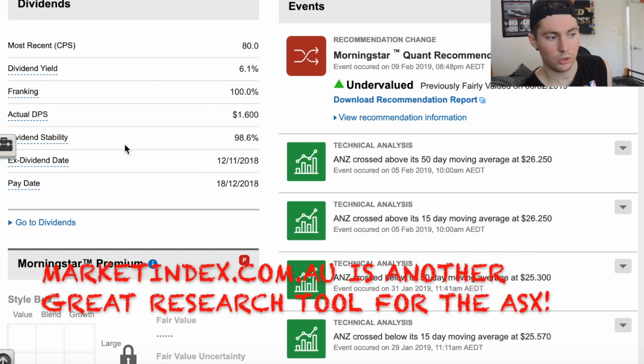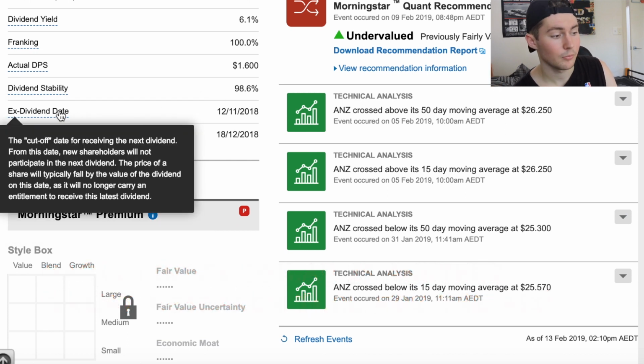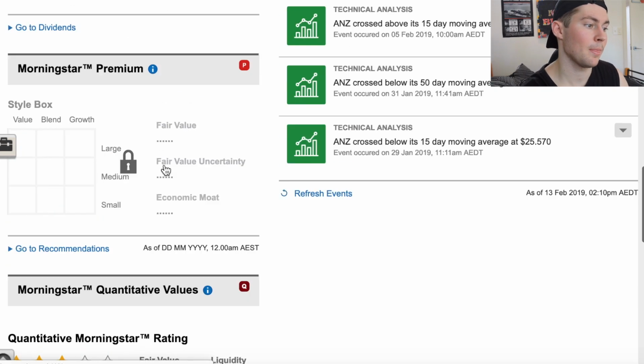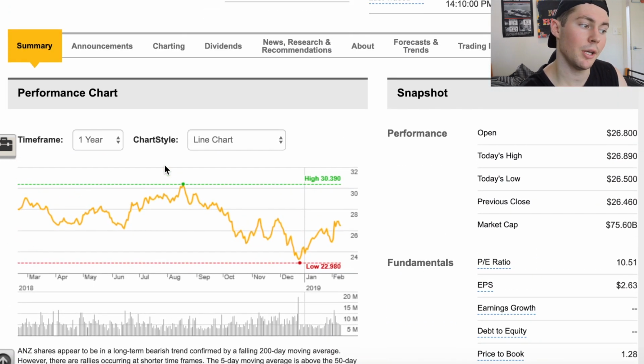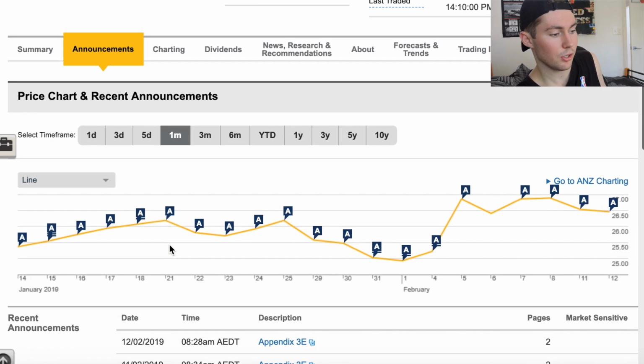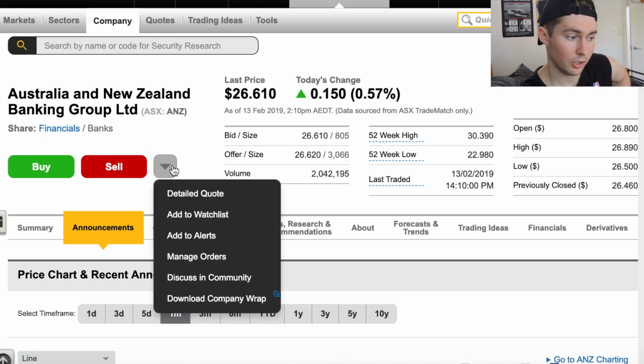So that's basically how you research a stock on the ASX, or Commsec in particular. Once you've done that, or you're finding stocks that you like, you can go ahead and add them to your watch list. You can also look down here at the announcements and what kind of